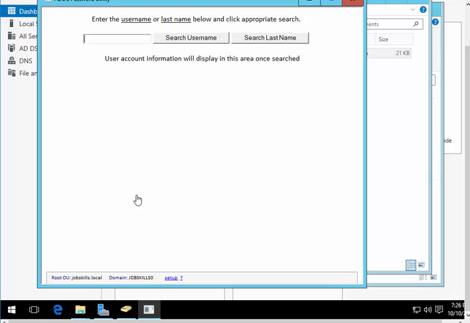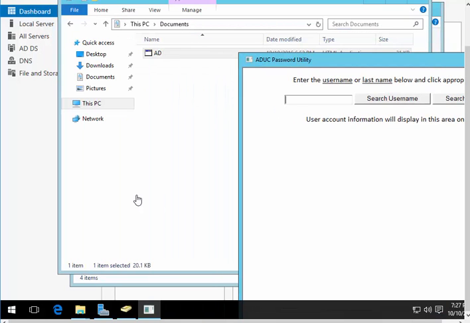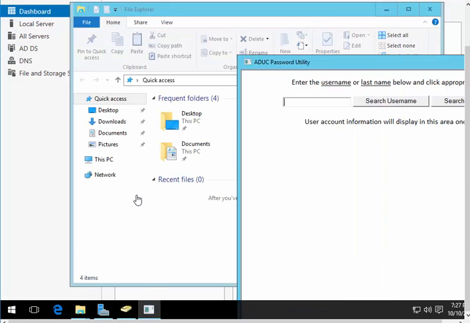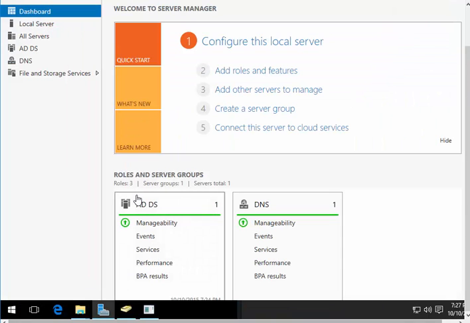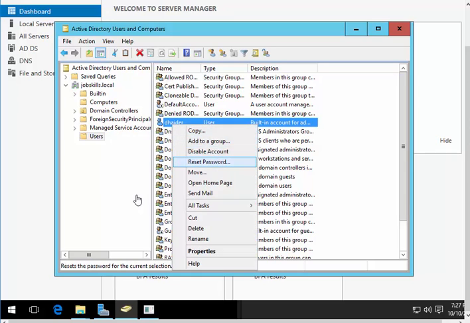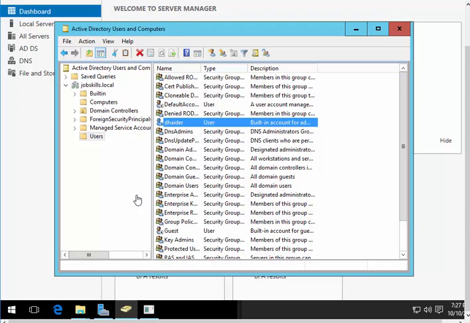Now watch what's going to happen. I'm going to show you guys something. If you have this tool on your desktop and you don't have access to the server right now, you don't want to open the server, and it's just on the desktop. Let's say, for example, I go ahead and disable this account, or just think about it, it got expired. So what's gonna happen?